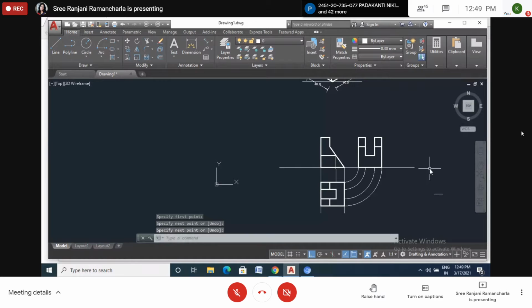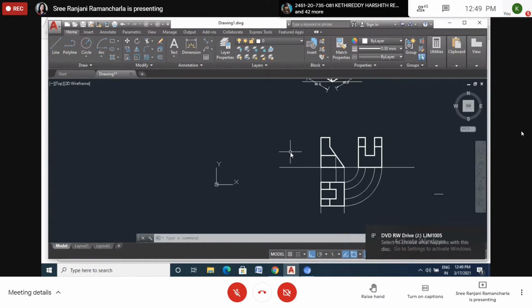Now what is the view? Is this the left side or right side view? Yes, anyone? Left side, ma'am. Yes, left side view. So the observer is at the left side and drawing at the right side. So okay, please do it in your notebooks. The left view. Just wait for 1 minute.